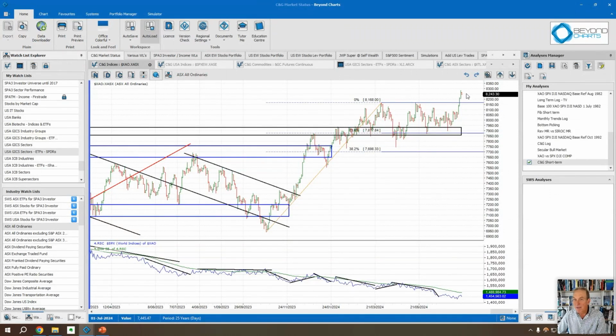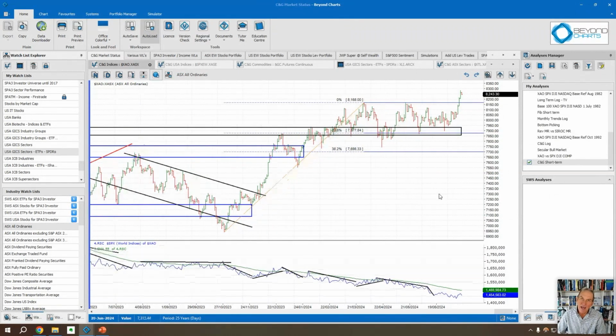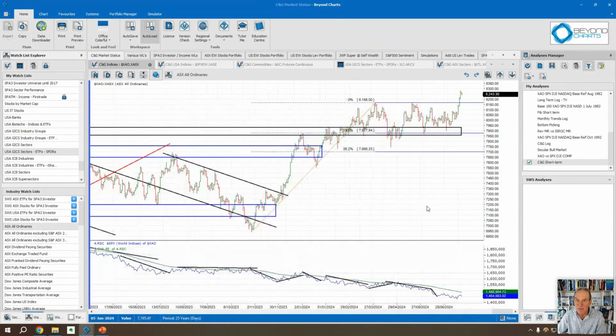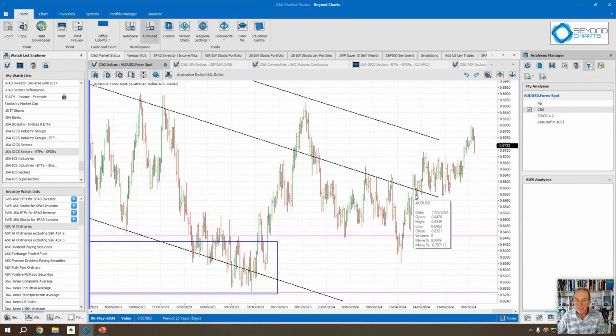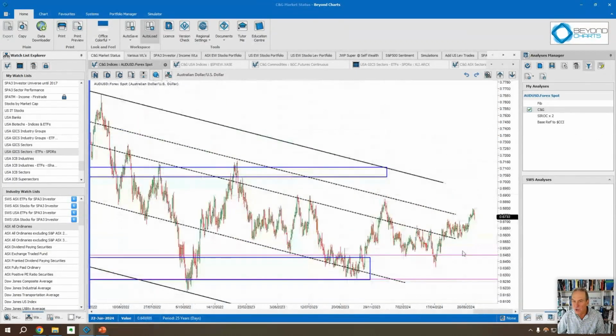Now, breakout nonetheless, clear breakout, 3 big green bars. And that's a breakout, a little bit inside day, some indecision coming out of the US, but that should be another update today, given what's happened in the United States. The Aussie currency still in a long-term downtrend and probably a short to medium-term uptrend over here. So a little bit more strength